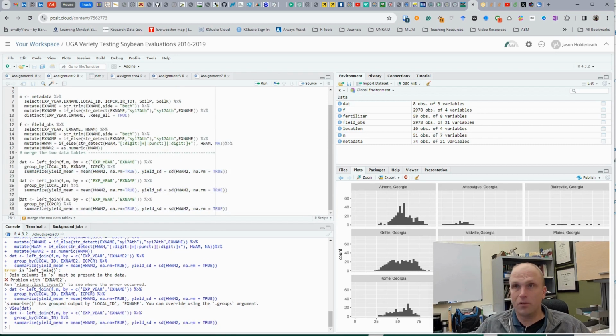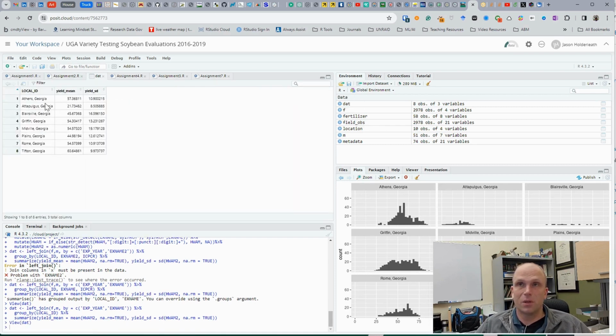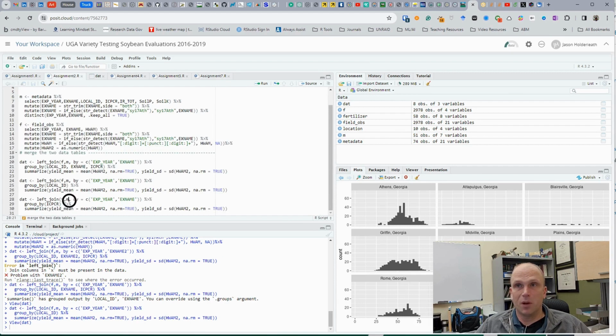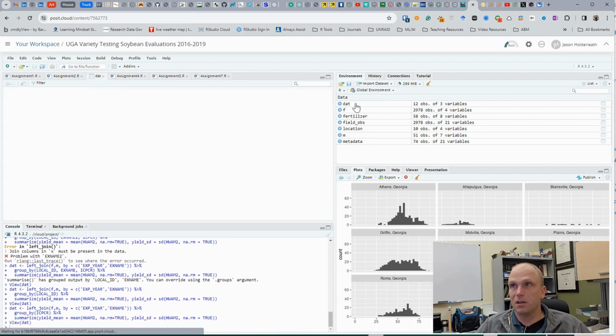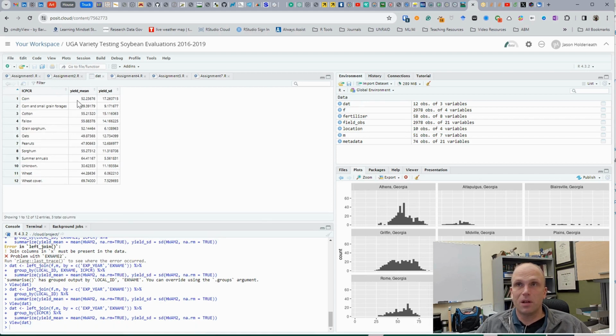Maybe we want to just know the mean yield by location. So here's our mean yield and standard deviation by location. And then maybe we want to know it by previous type, previous land cover type. So here we have yield by that. You're going to want these to be discrete, which the soil P and soil K are. If you're wanting to play around with that, I'm going to warn you